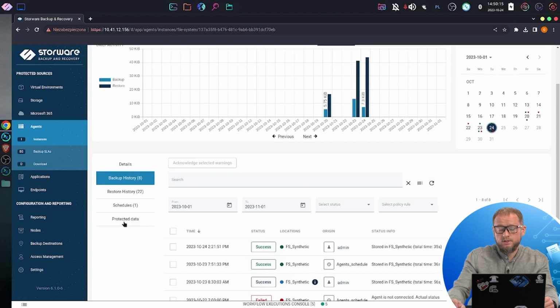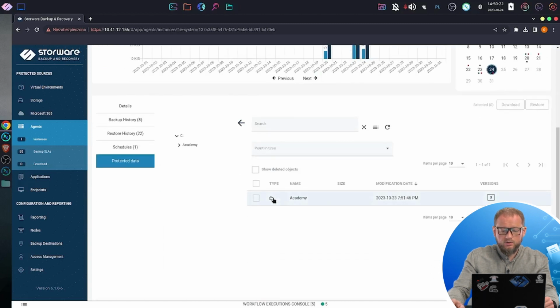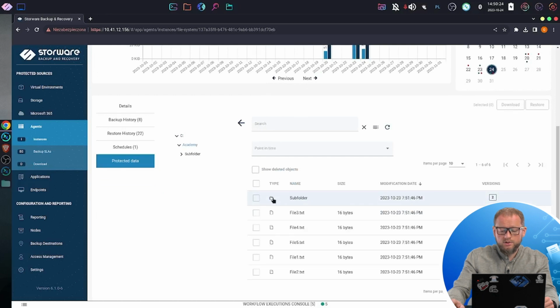protected data type, the same like in a Microsoft 365 environment. So here I can browse the containing of the folders that I'm protecting with Storware Backup and Recovery, and right now I can do the restoration. I can of course do the restore to the original location. I can even do the cross-agent restore, so from one machine to another I can restore my files, but now I will just try to